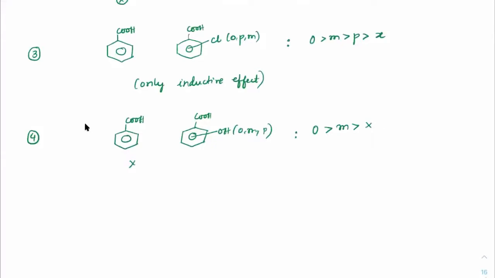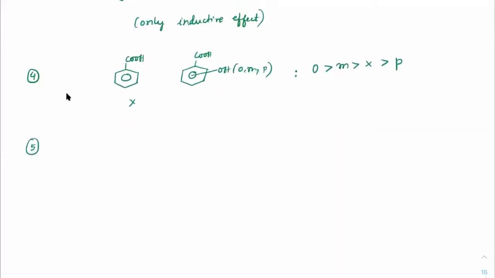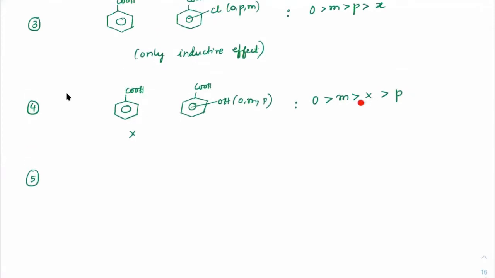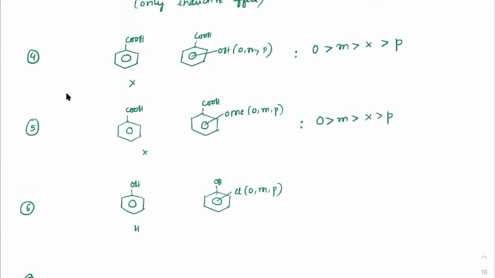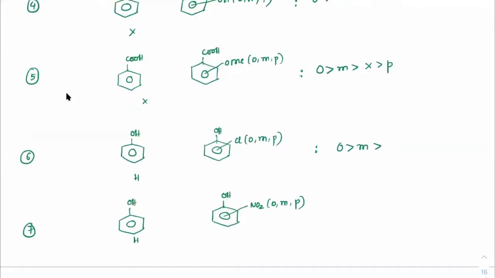Very good. So I think now you'll be able to judge. Para is donating, no? At para position, if you check COOH and I have an OH group here, it will showcase both plus M as well as minus M, and plus M is more dominant, so that will decrease the acidic nature. Right, ortho, then meta, then X, then para. It could be the same as that. Ortho, meta, para, and X or H, whatever you write.